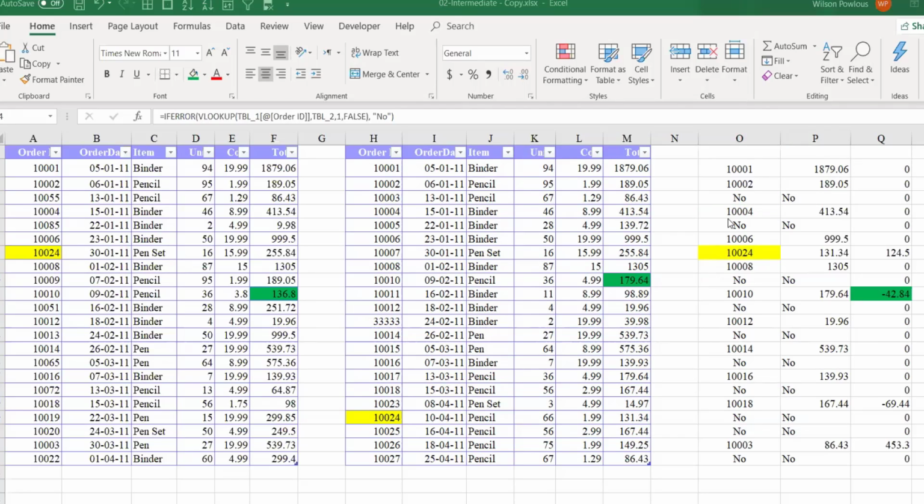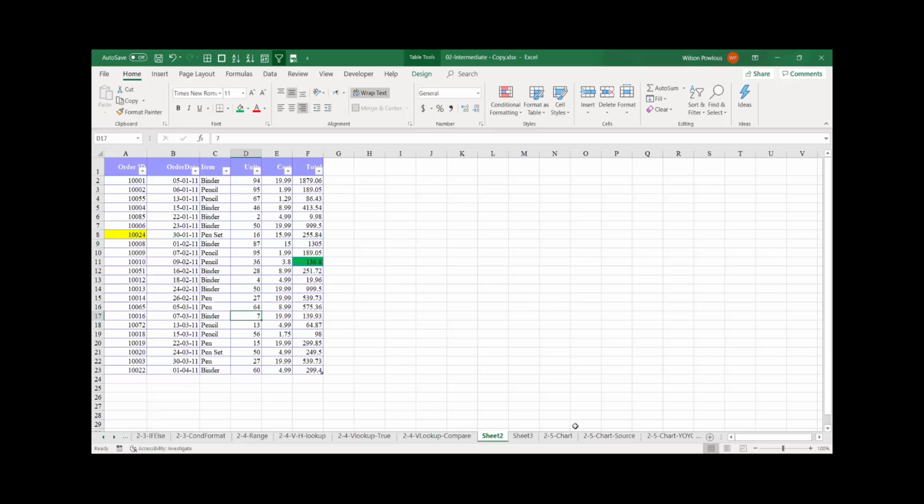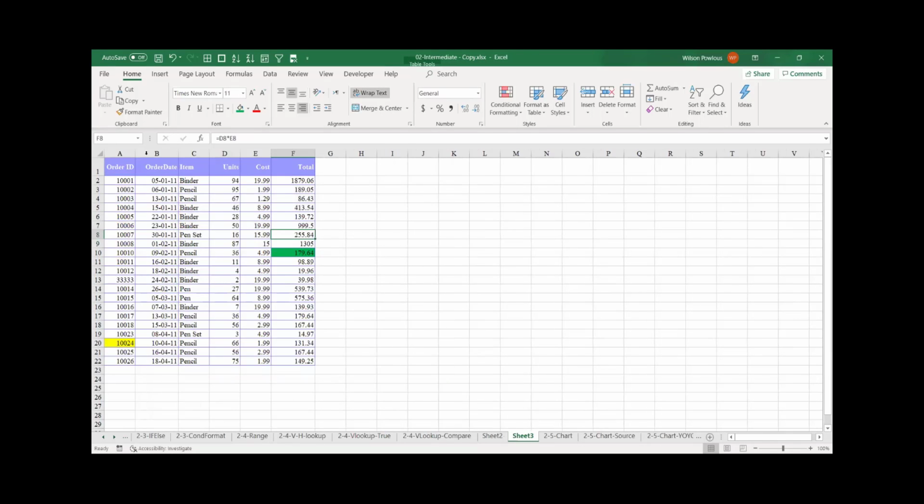Question. Yeah. This is only if the tables are in the same sheet, right? Yeah. If there is another sheet you want to compare, yeah, you can do it. That is the reason. So that is where the table is easier. Suppose this data is in two different sheets. Say in the first sheet you have this set of data, sheet 2, and in sheet 3 you have the different data. So the same syntax, everything is same.